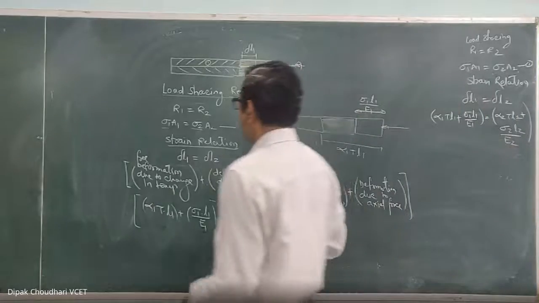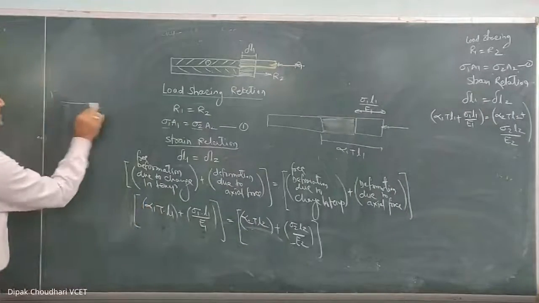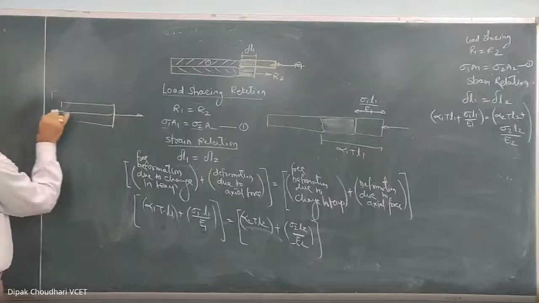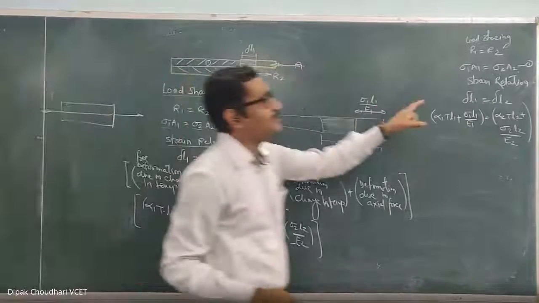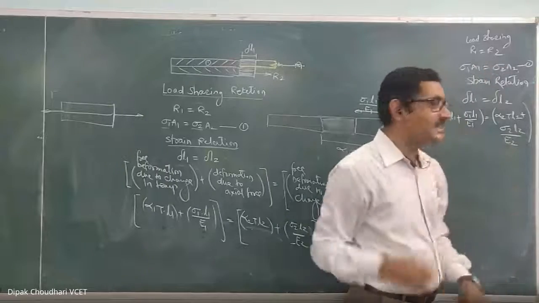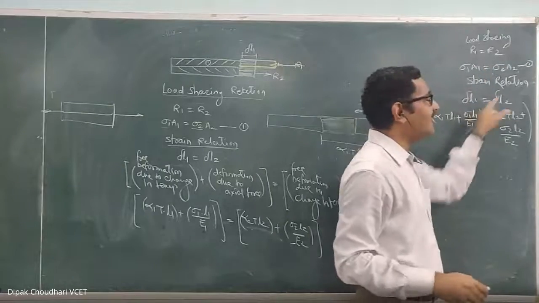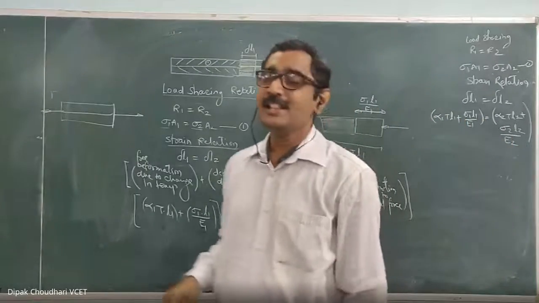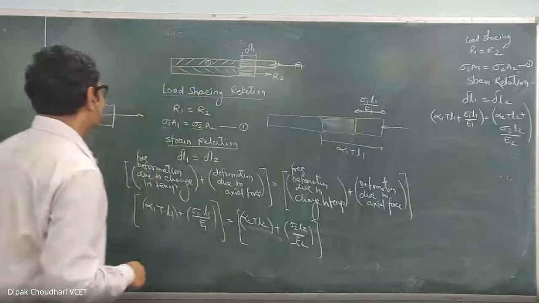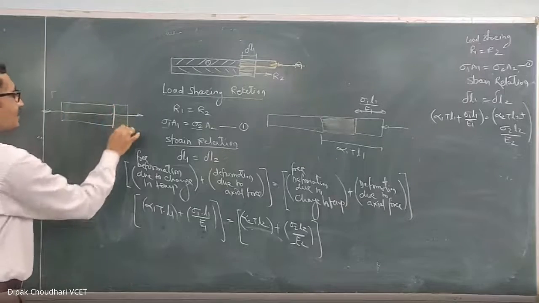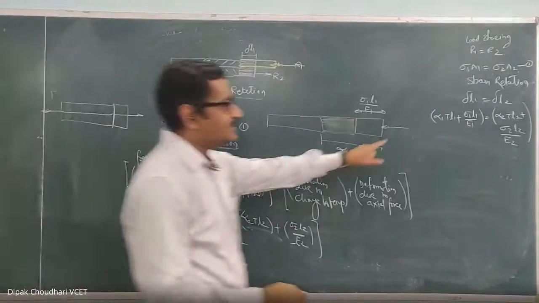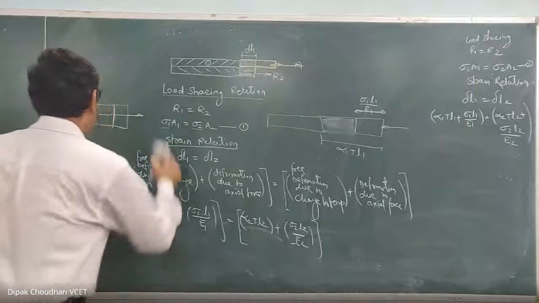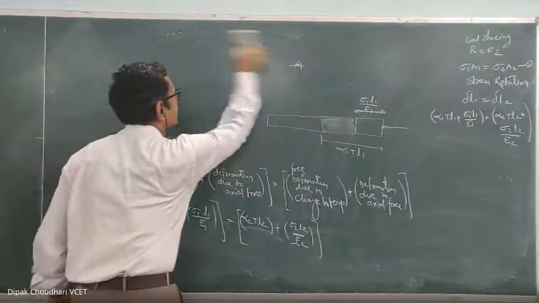If this assembly is not subjected to a change in temperature, and there is only an external applied force, then also we write the same thing. The equation is a little bit changed in that case. Here also delta L1 equal to delta L2, but there will be only one term, the change in length because of the axial force. The change in length because of temperature was not there. Understood? Now we will solve a few sums on this.